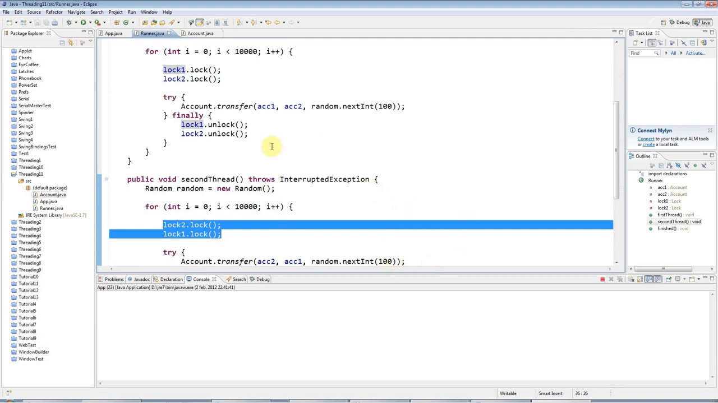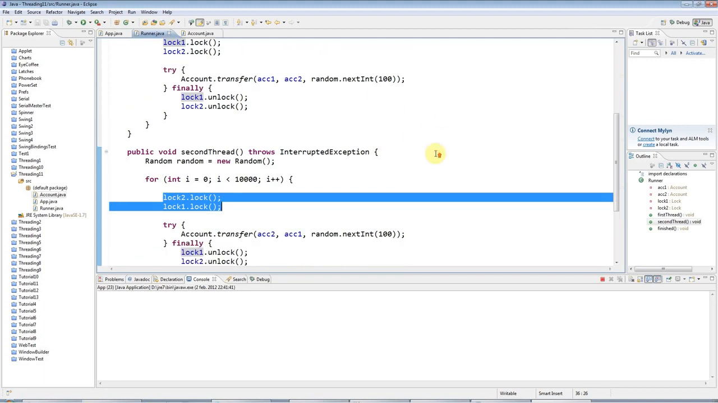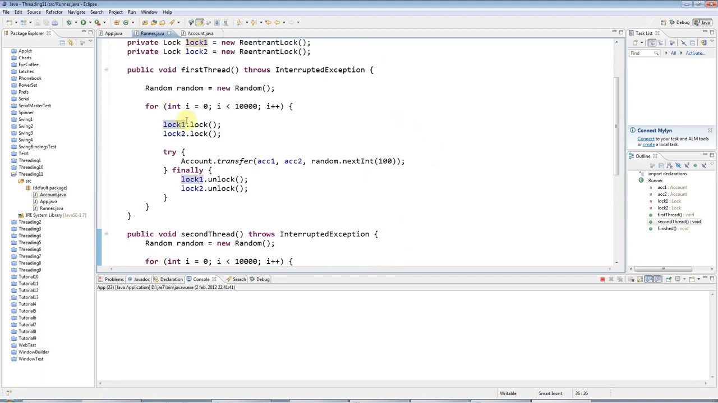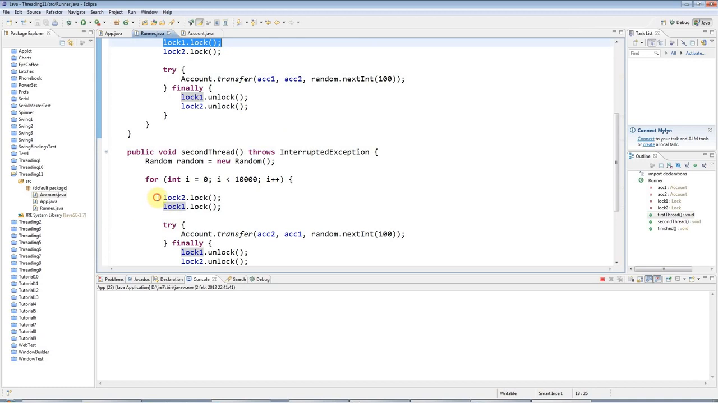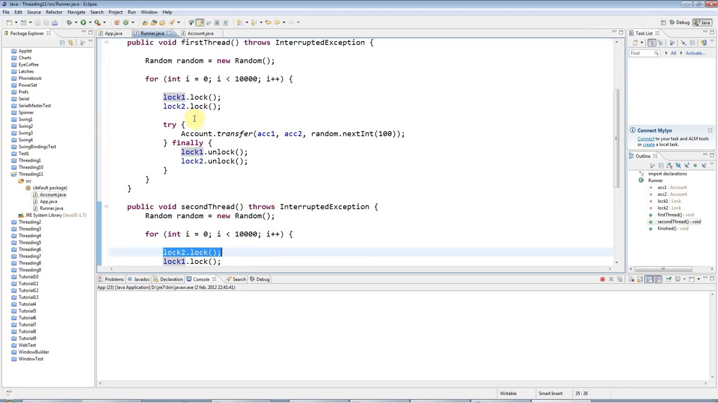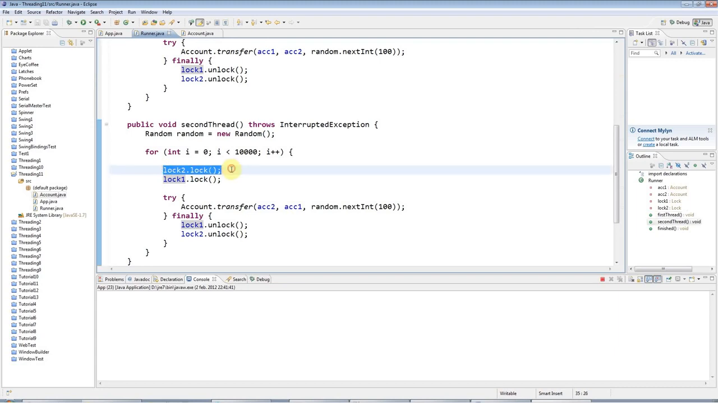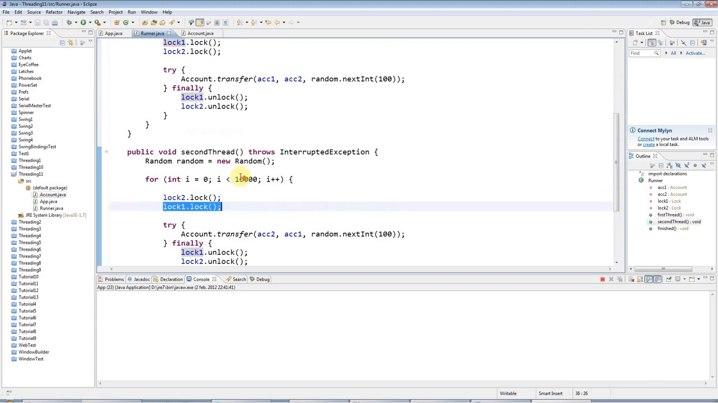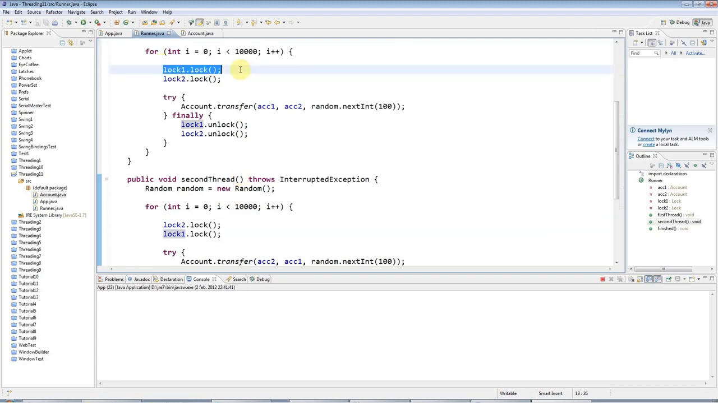just frozen. The reason this has occurred is that, as you might even guess, the first thread has at some point or other acquired lock 1, and the second thread has acquired lock 2, and then the first thread has tried to acquire lock 2, but it can't because this has got lock 2, and this is trying to acquire lock 1, but it can't because this has got lock 1. So neither of the threads can proceed because each of the threads needs a lock that the other thread has